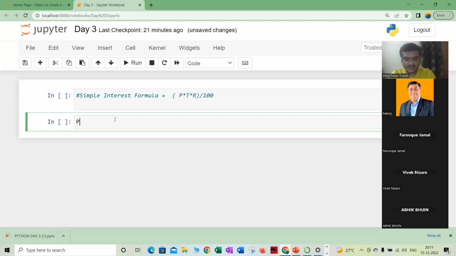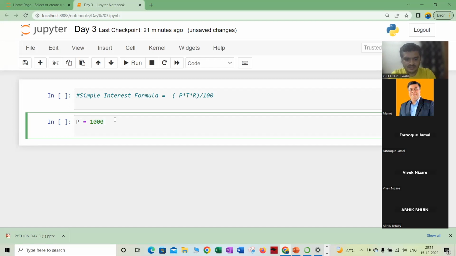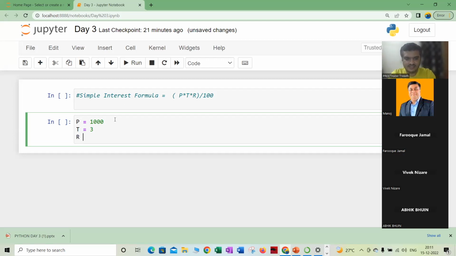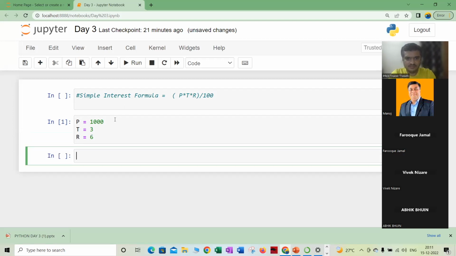For example, let's say P is 1000. Time period, let's say it's 3, and for us, let's consider it as years. And R is our rate of interest. Let's have it as 6. So based on this, the simple interest, SI, should be,